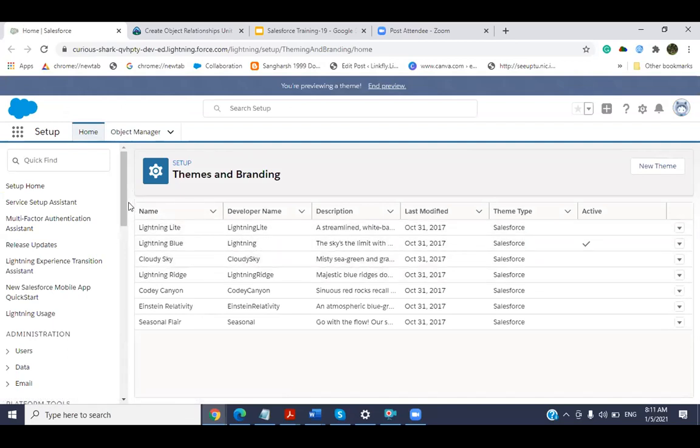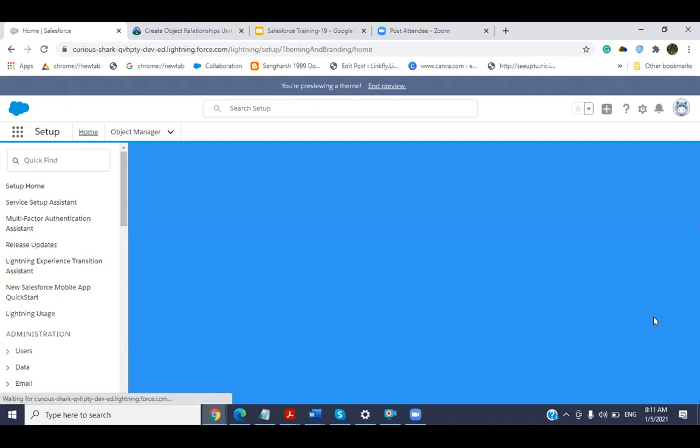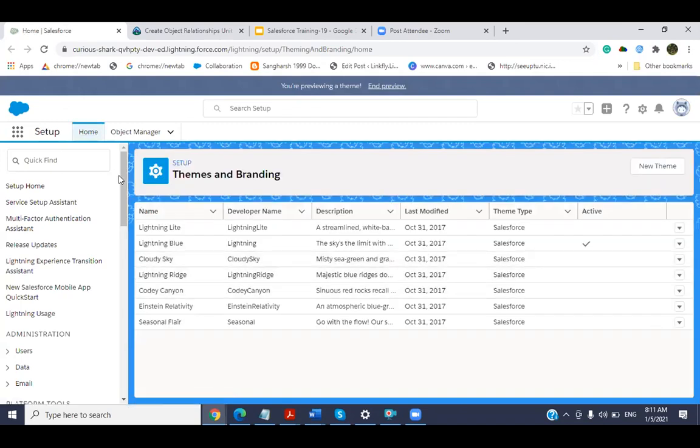Okay, so you can see the background, and if you want to see some others, you can see the changes of the backgrounds.